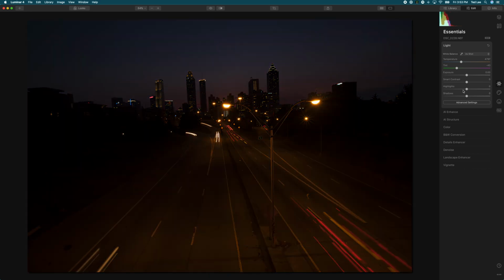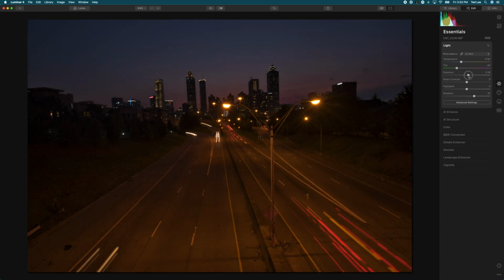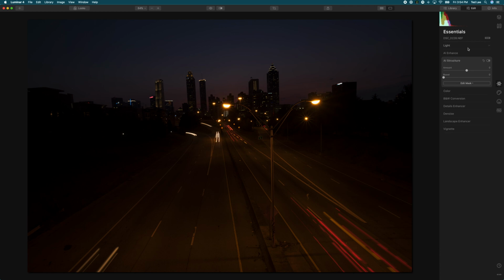There we go. Just like Lightroom or Capture One or pretty much any raw editor, you've got the basic light tools here: temperature, tint, exposure, contrast, highlights, and shadows as well. I can bump the shadows, and I can increase the exposure to brighten this photo a little bit. I can add some structure as well. But what I'm going to do in this instance is reset these and show you how you can use the